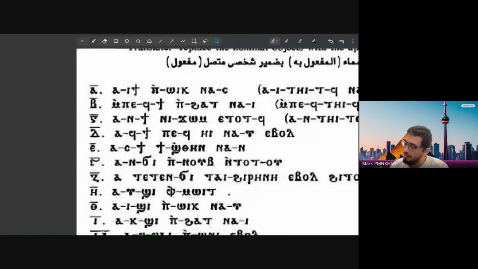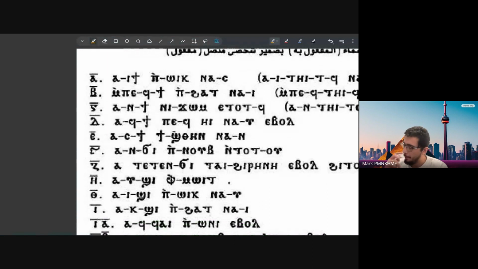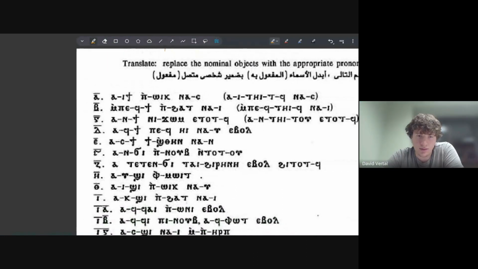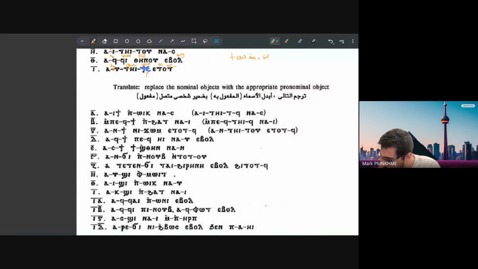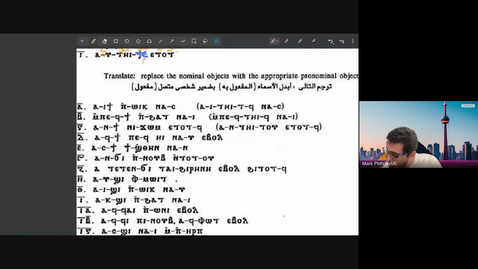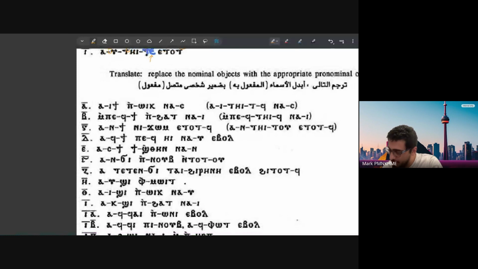All right. Give me two more here. Actually, 2, 3. And then, wait, let's see what we're doing here. Translate, replace the nominal object with a proper pronominal object. Okay, so we have actually 3 examples. Let me do these 3 because they already have answers, so I don't want you guys to cheat. I'll just do translation, and then for starting question 4, I want you to translate and then do the same conversion here. And I'll go through it quickly and then explain the conversion quickly as I go.